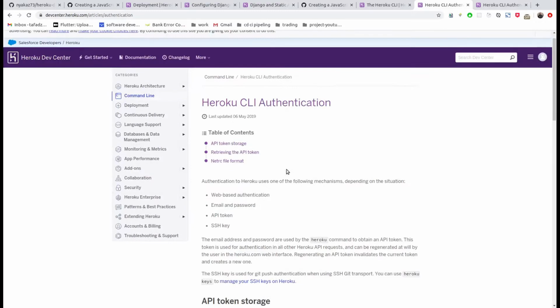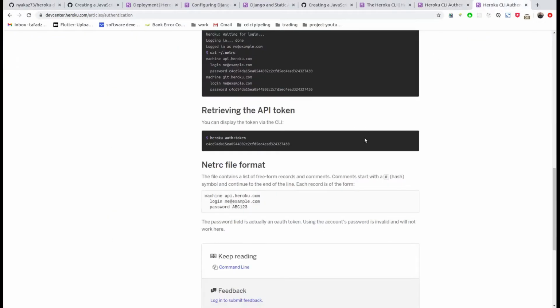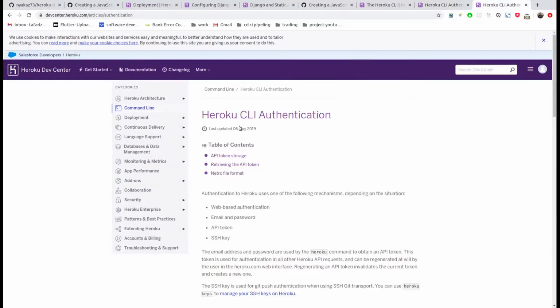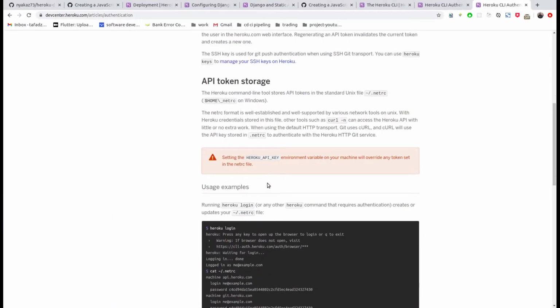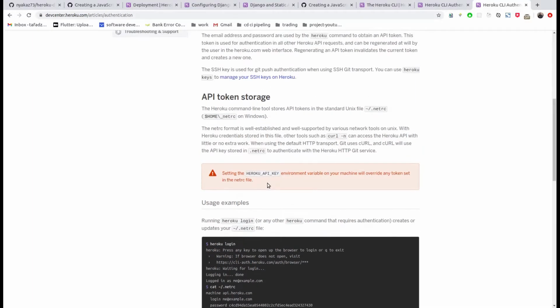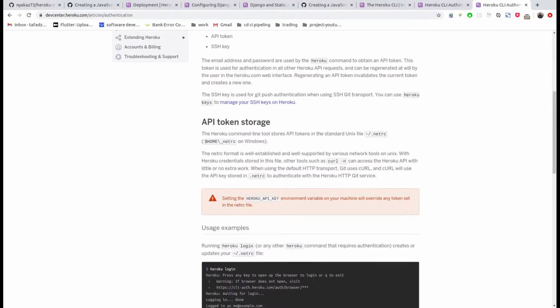If I go to Heroku CLI, you can see there's API token authentication, retrieving the API token, and the netrc file. Before I confuse you with so much content, let's